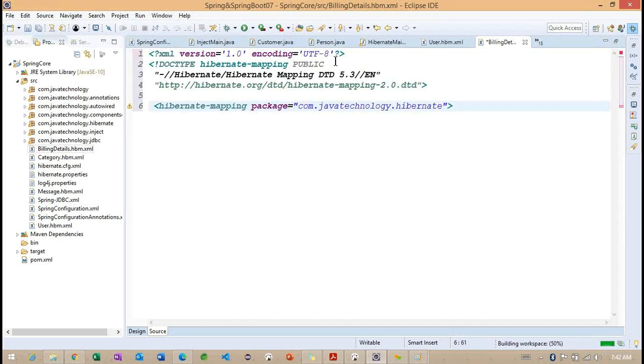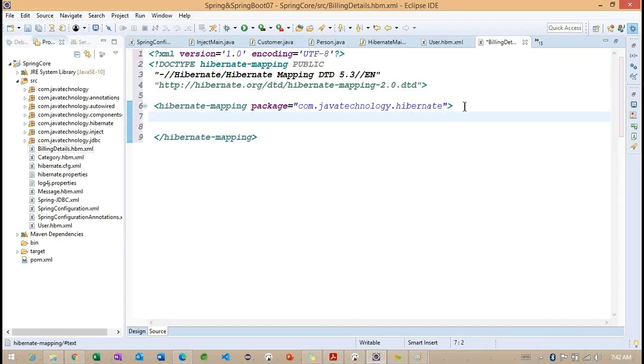What I want to do, I want to provide Hibernate mapping. So this particular Hibernate mapping will contain the same. And here, we already identified a class. What is the name of the class we need to provide? Billing details. Right. And here, we need to specify the table. What is the table we are going to create?